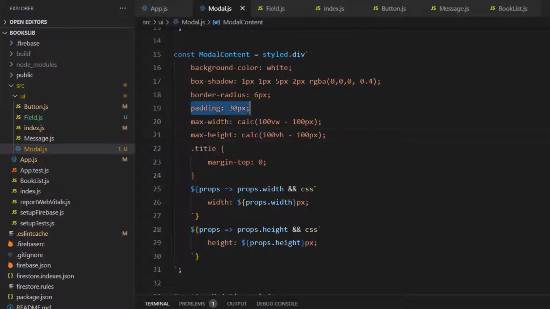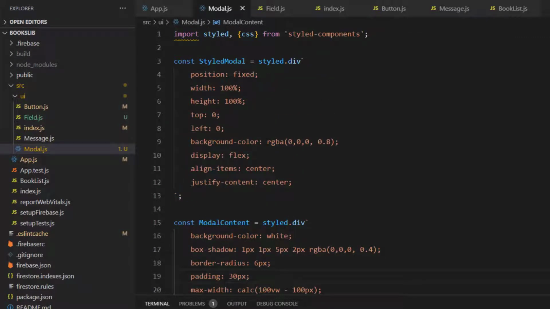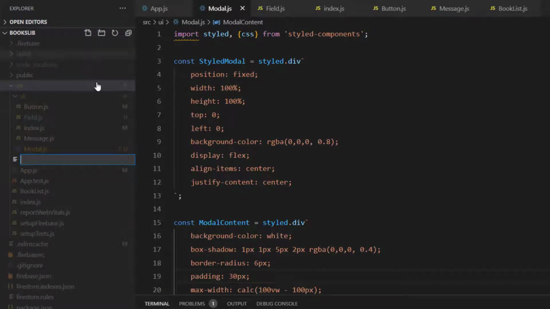The problem here is with the style sheet. We're having here the padding, which will be added to the width. Now, if the width of the modal content is 100, with this 30 pixel padding, it will be 100 plus 30 pixels. To fix this problem, we'll need to add the box sizing to prevent the padding from adding width to our element. I can add it to this specific element, but I need this style to be applied to all my elements. To do this, I will create a global style sheet in my src. I will add a file. I will name it